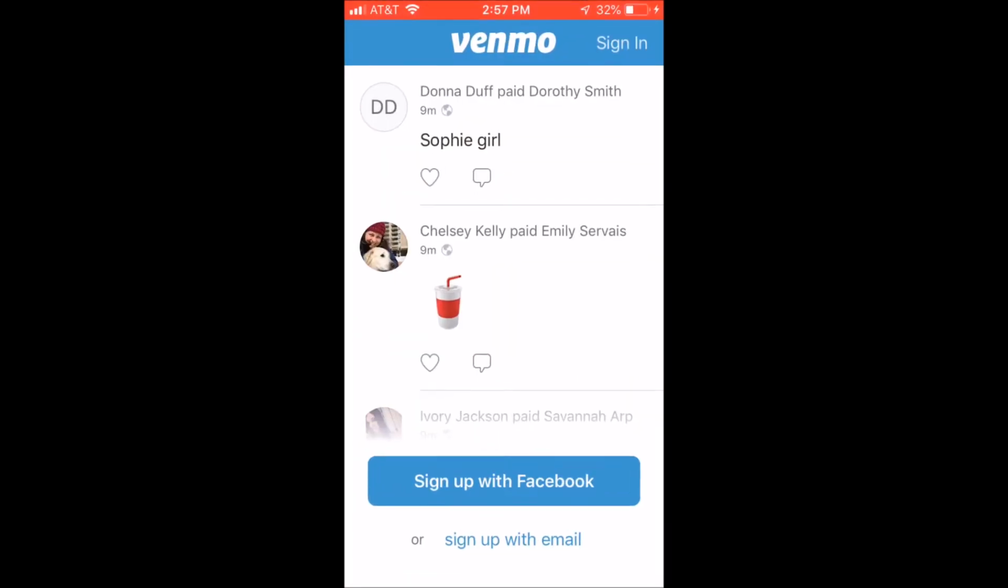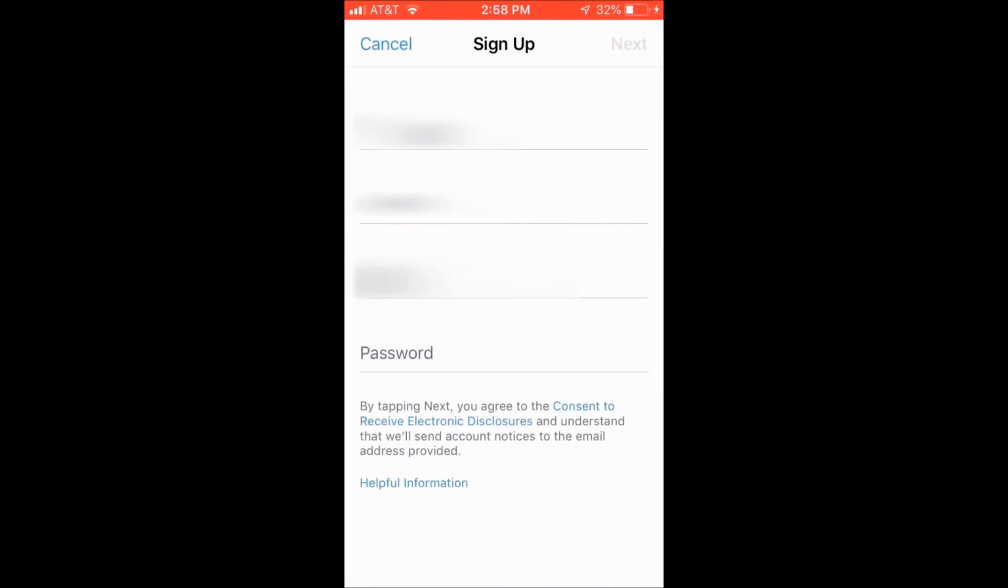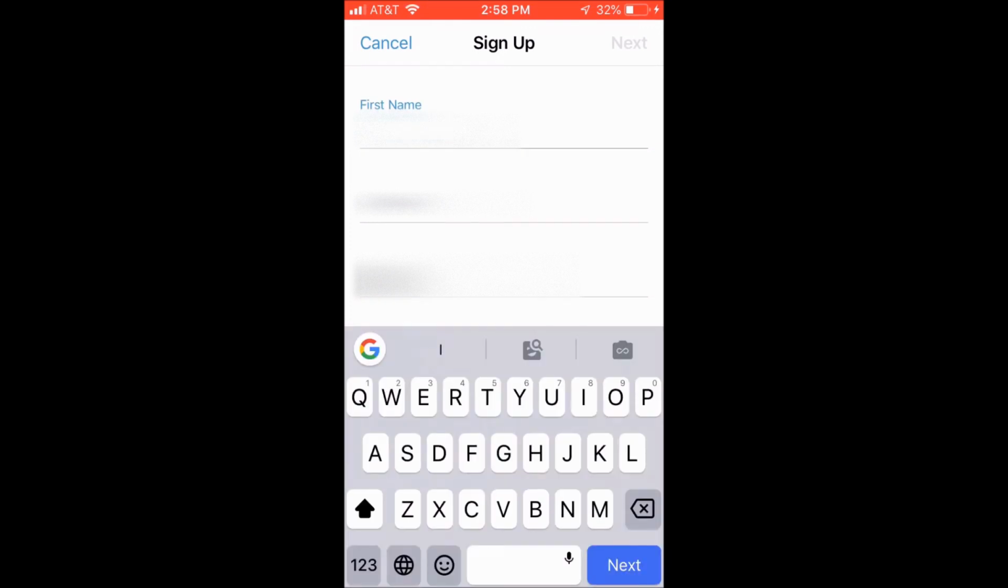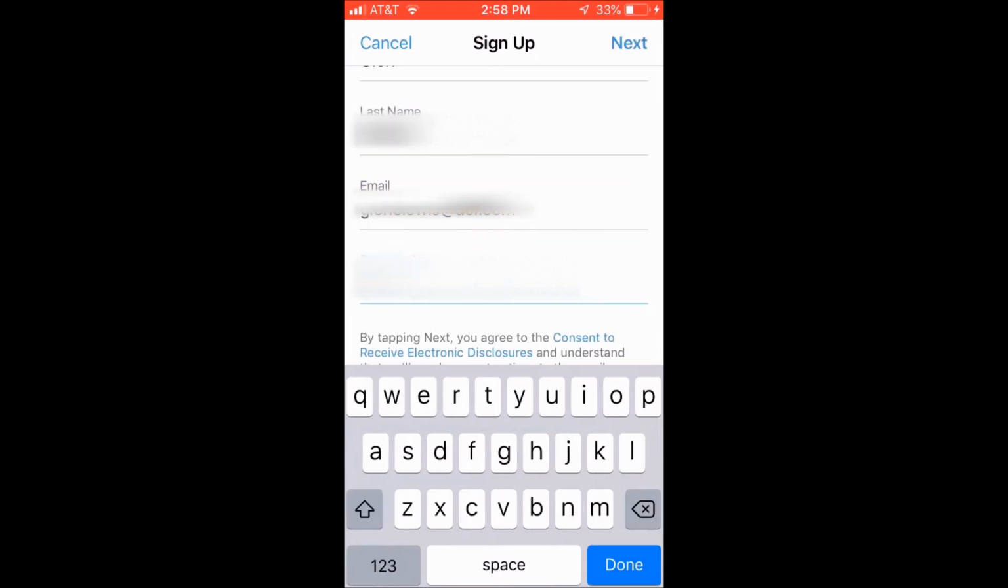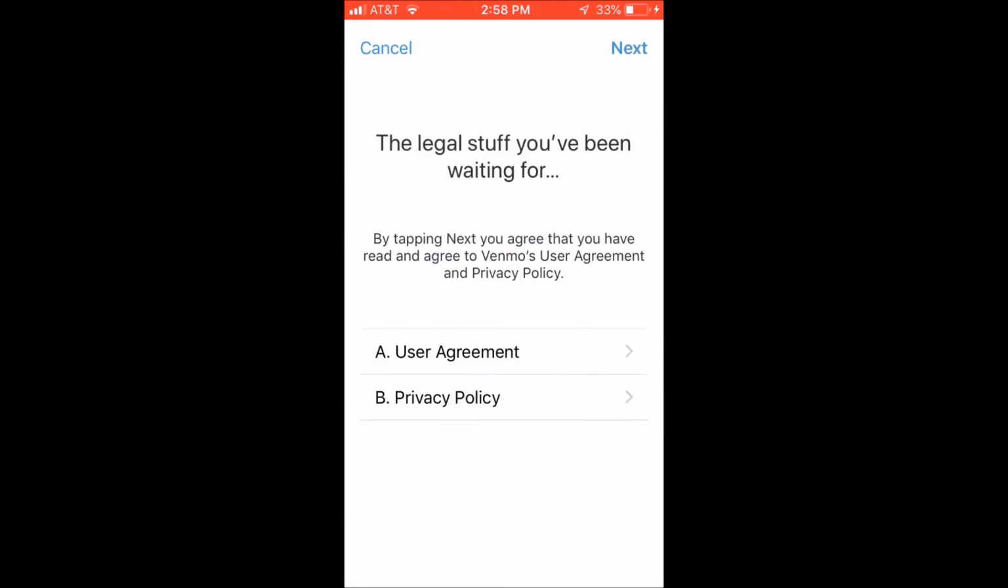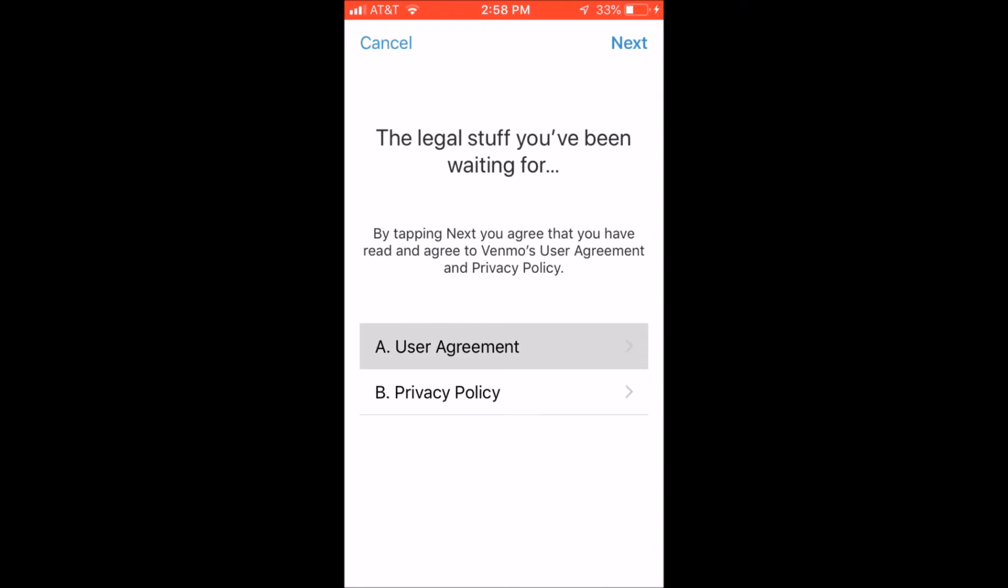Once you open it up, I'm gonna sign up with my email. Just put your first name, then type your last name, put the email address you want to use, and create a passcode. Once you do that, hit done and hit next. You can read the agreement, but it's about 100 pages long. So once you hit next,